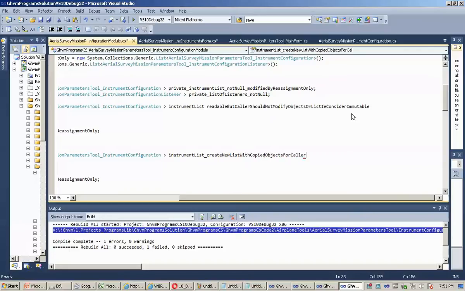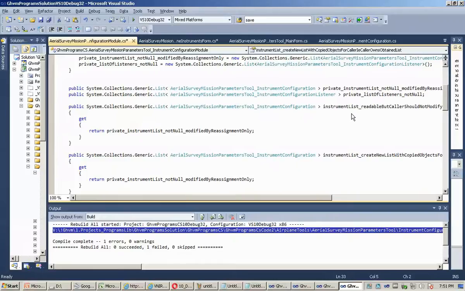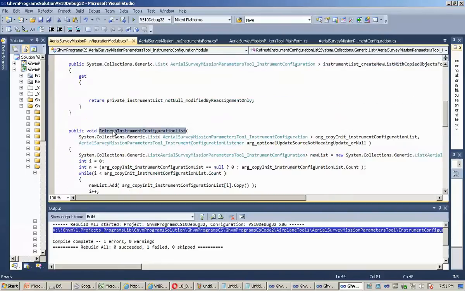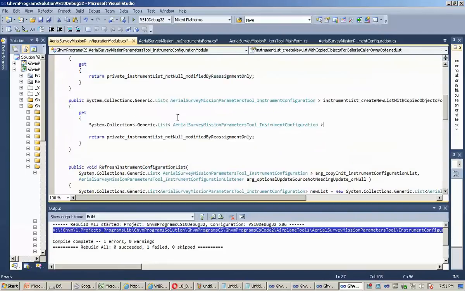For caller, i.e. caller owns obtained list. So that's wordy, but that's sort of the idea here. And this is for convenience, because sometimes you want to get a copy of the list, and then you want to modify it so that you can set it back here. So what we'll do here is